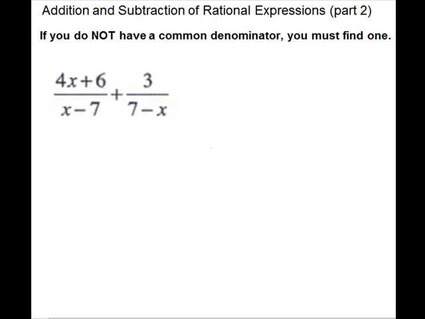So notice this problem also has the negative identicals or opposites for denominators. They're both minus, one's turned around, and if you check close, positive x, negative 7, positive 7. So you can force those to match if you multiply by a negative 1. So we can use either one for our common denominator. I'm going to go ahead and use the x minus 7,